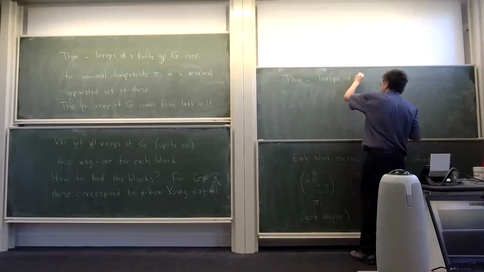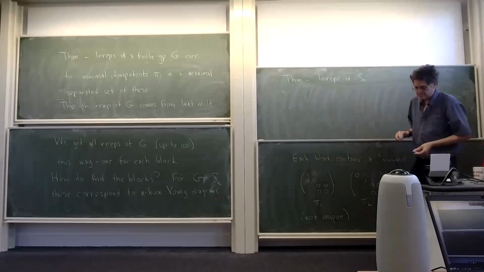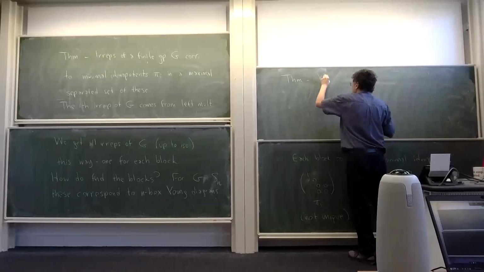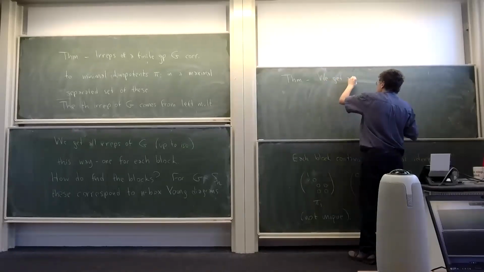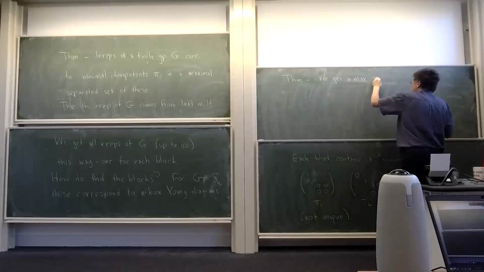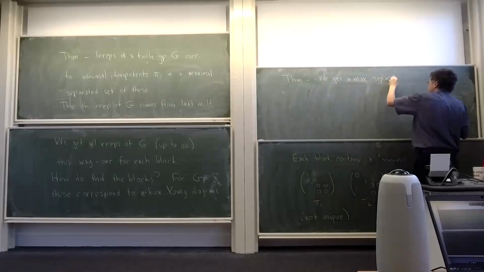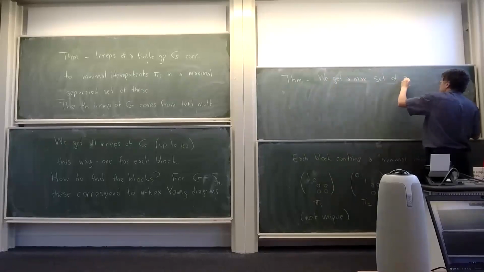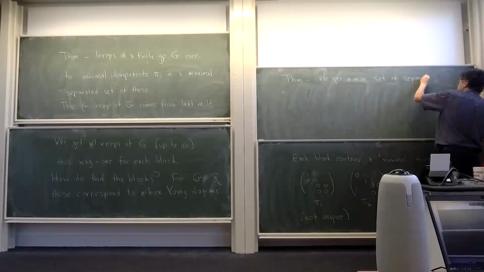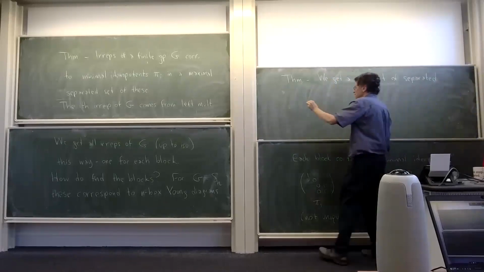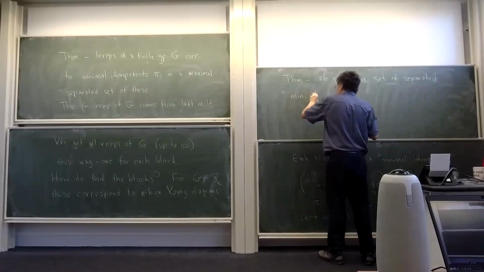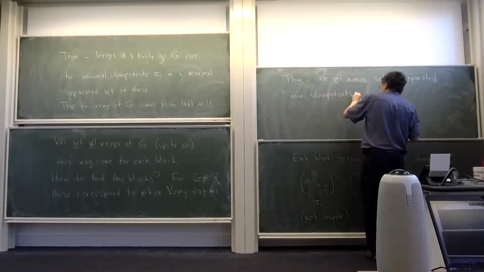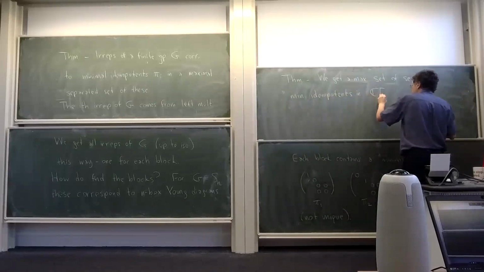So irreps of Sn, or rather, let me put it this way: we get a maximal separated set of separated minimal idempotents in the group algebra of the permutation group